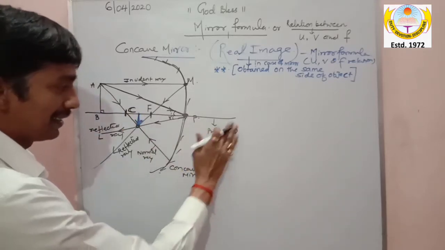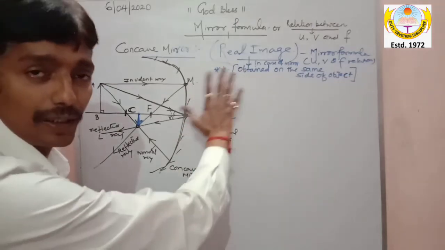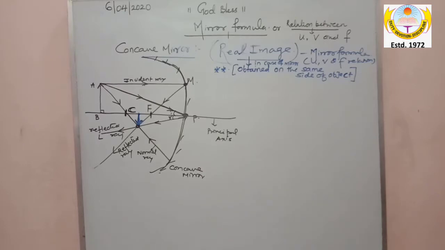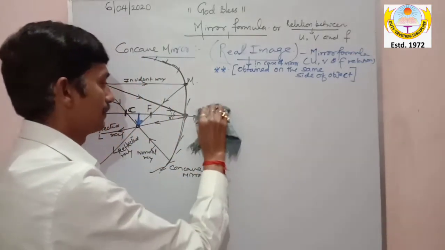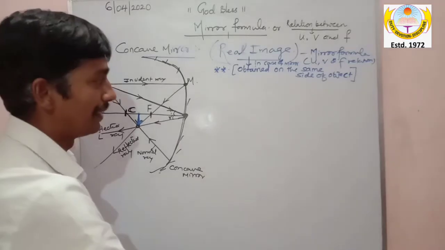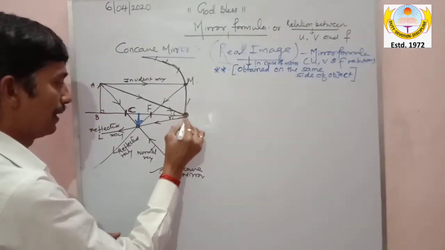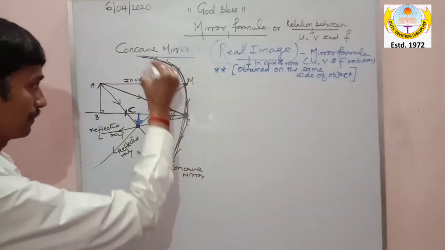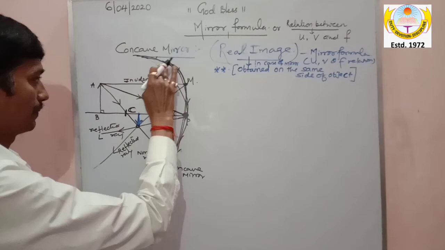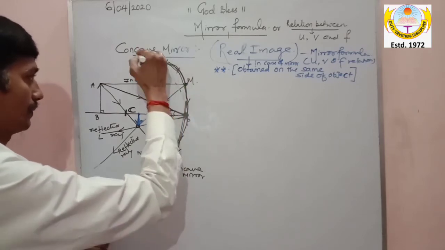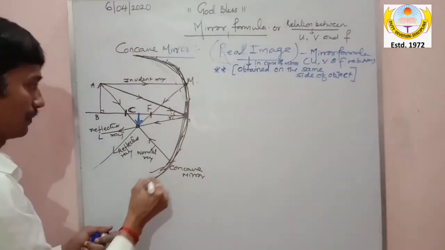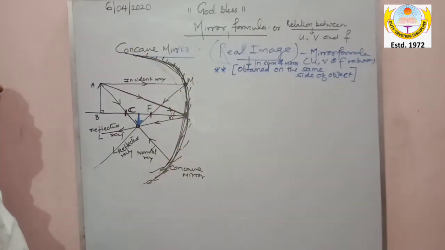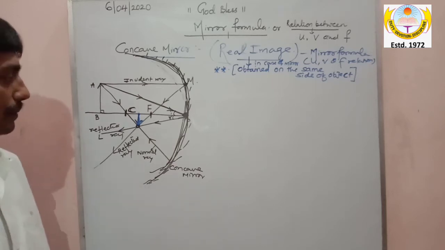Since this line is not required because I am not getting anything over here. My image is over here, my object is over here, everything is on this side. So what shall I do? I will rub this, because I don't need this area. I will use this for writing. So here I will write P, and this is your concave mirror. Okay. Now my dear, let us mark